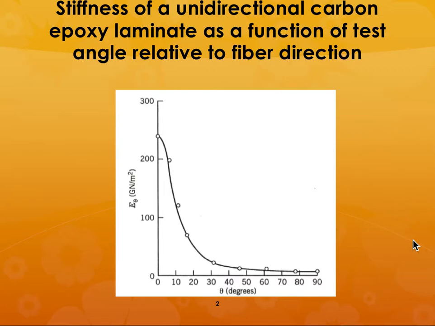Carpet plots are three-dimensional plots or two-dimensional plots representing three-dimensional data, including, say for example, in this case, a representation of how the stiffness of a unidirectional carbon epoxy laminate will change as a function of the test angle relative to the fiber orientation. So for example, if your fiber orientation is all zeros and your test direction is also zero, you're going to be ending up with a property that is close to that of the